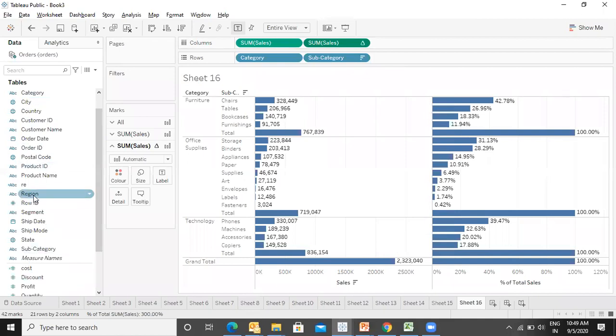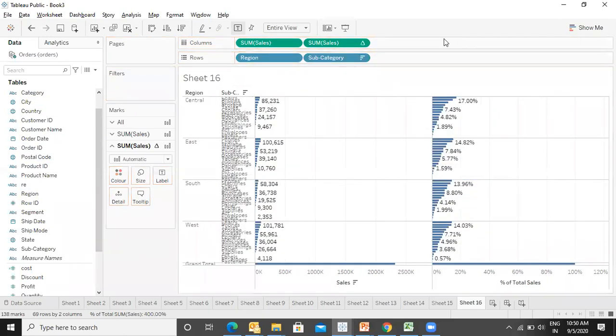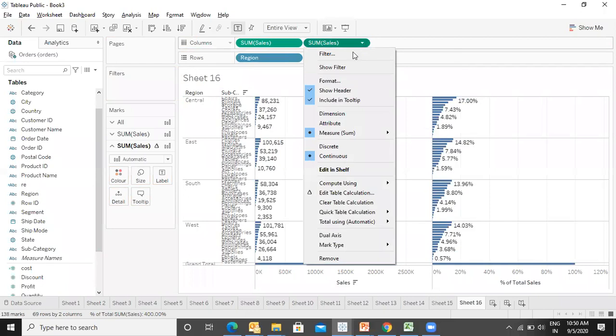So let me do one thing. Instead of this, I take the region, I remove the category from here. Now, although it is quite messy, I will go to the compute using. Now you see you are getting region over here.